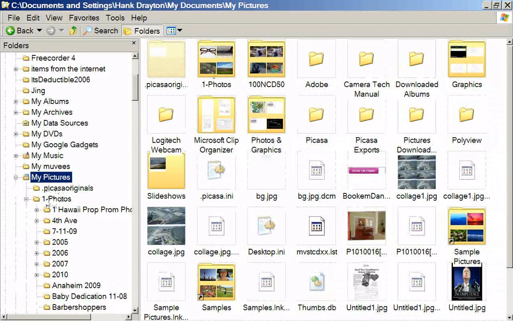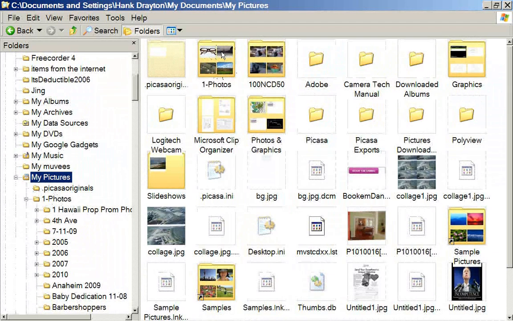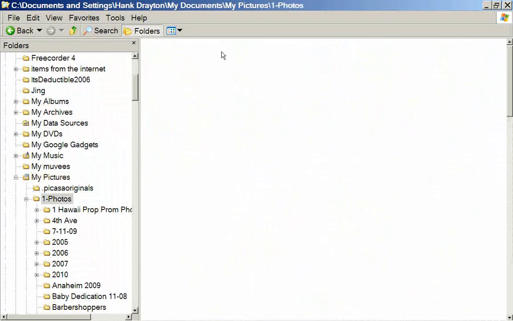But within any one of them, like the one that I have the majority of my photos in, and I've put a 1 in front of it so it shows up at the top alphabetically of My Pictures, you see a folder itself with thumbnails pasted on the folder that show some of the pictures that are in there. If I double click on that one